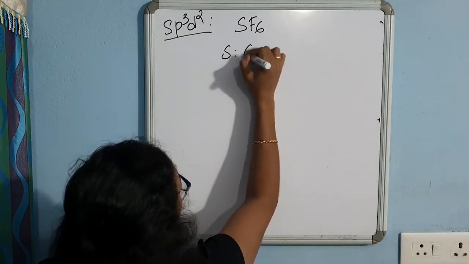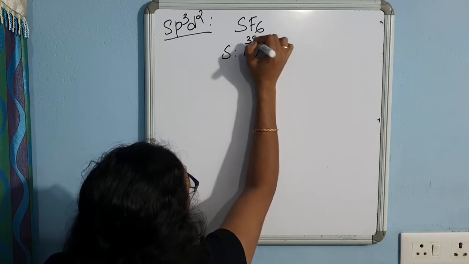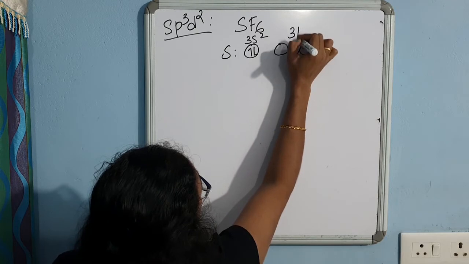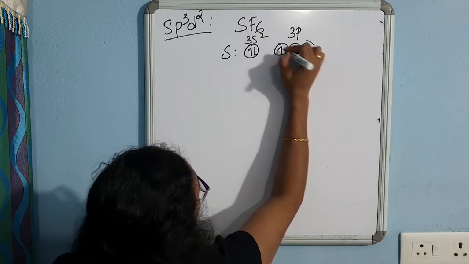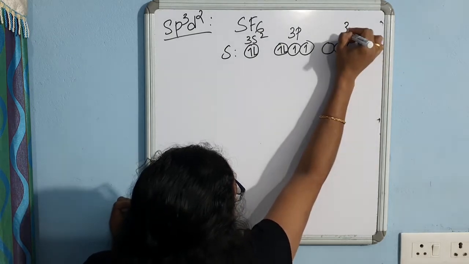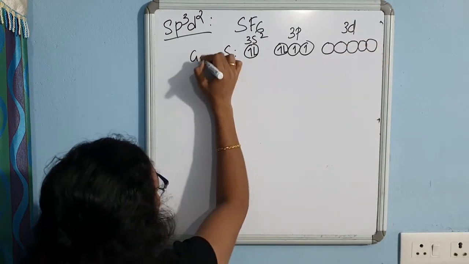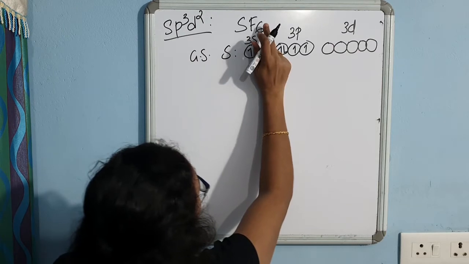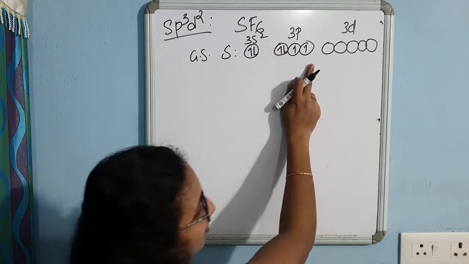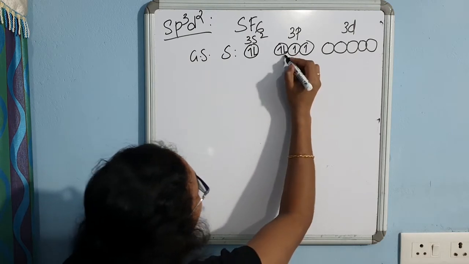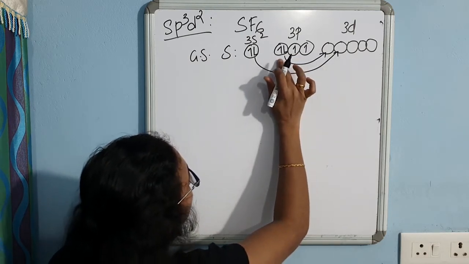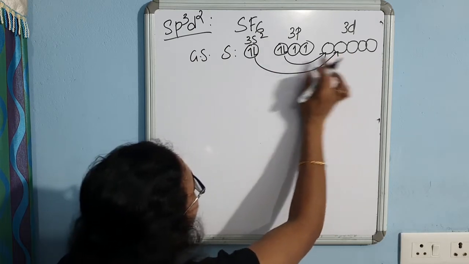For the sulfur atom, we know the ground state configuration is 3s2, 3p4 and 3d0. This is the ground state configuration, and in order to combine with 6 fluorine atoms, it should make available 6 half-filled orbitals. Only 2 are there. So what happens? One of the 3p electrons gets excited to 3d, and also the